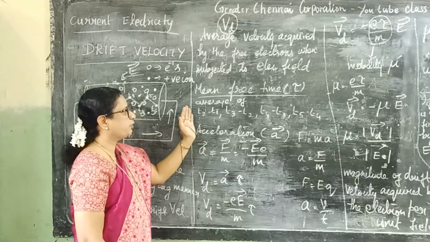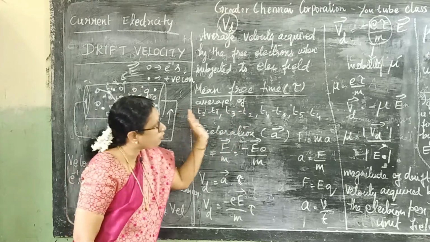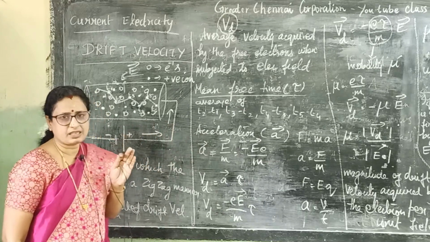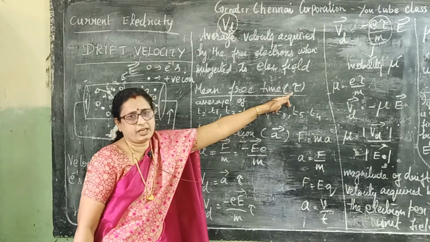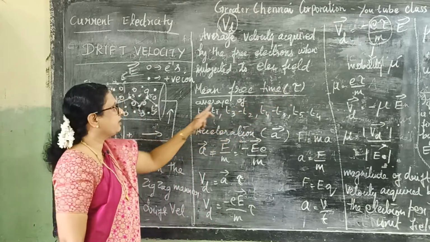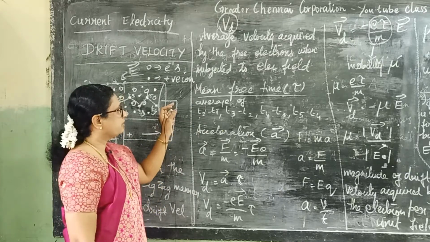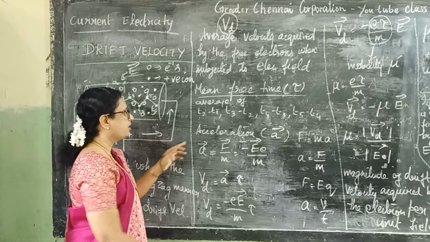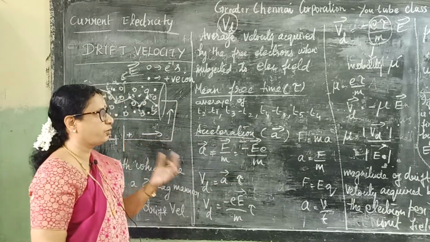Similarly, you can find the time difference between successive collisions, and the average of all these times will give the mean free time. So mean free time is denoted by the letter tau. You have to write the symbol like this, you have already learnt it in 11th standard. So mean free time is nothing but the average time between successive collisions. Now we are going to find the expression for the drift velocity and then we are going to define the